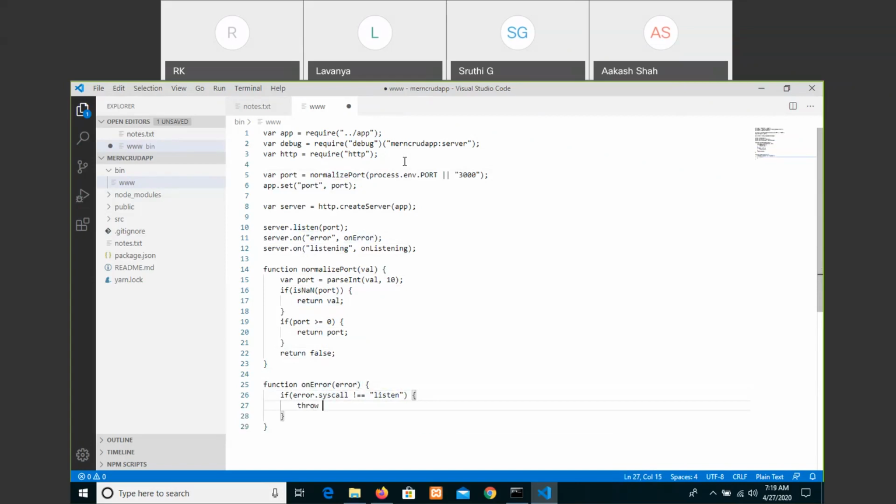Throw error. Then how are you going to throw that error?